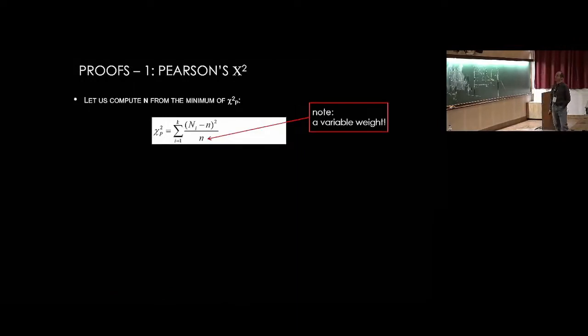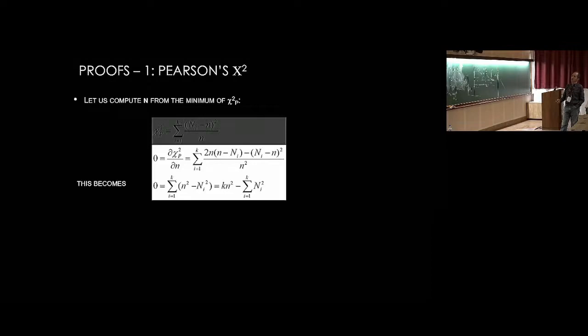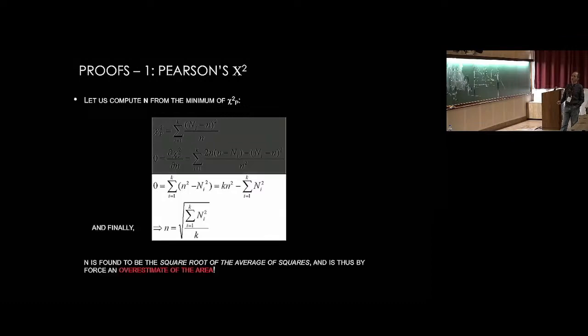The proofs are simple. The minimum of the chi-square of Pearson's will find the common rate n. We just have to derive and set it to 0. The derivation gives this expression, which with some algebra becomes this. And finally, you get the result that the rate is the square root of the average of the squares of the beam counts. And this you can prove to yourself that it's an overestimate of the area, that is the average, if you want, of the beams. So it's a positive